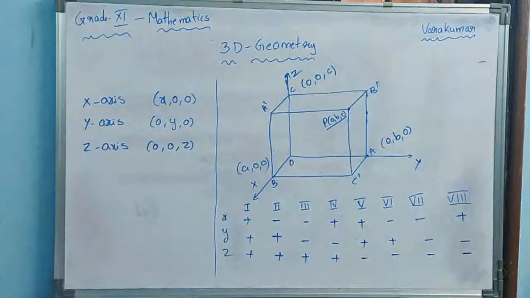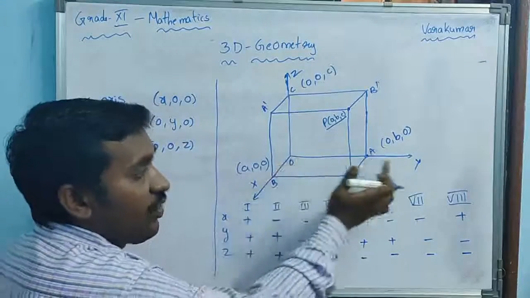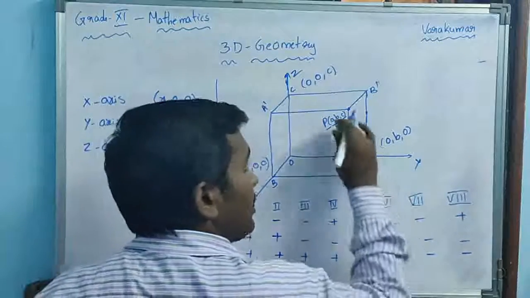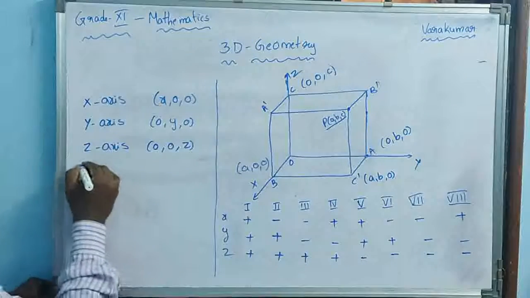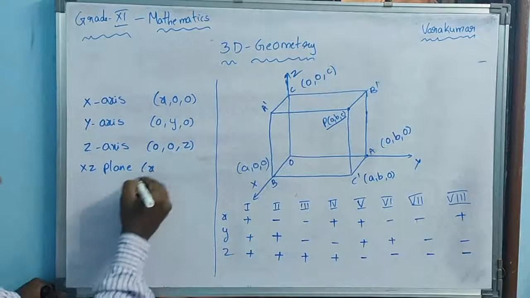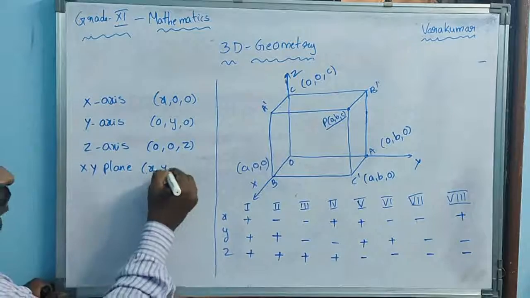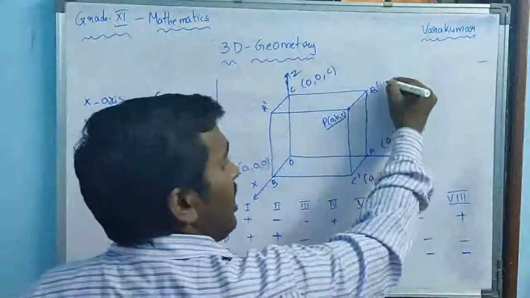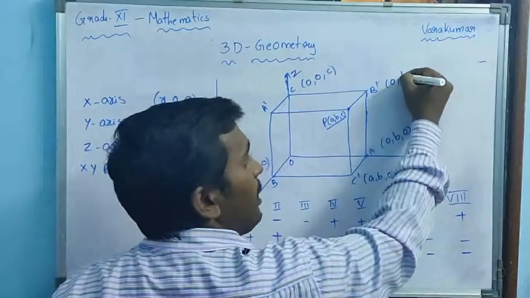Right? Now if you see C dash, where is C dash? C dash lies in the XOY plane. It means the XY plane, so Z will be 0. With respect to this point, we can write (A, B, 0). What do you write for the XY plane? (x, y, 0). Now it lies in the YZ plane, so the X value is 0. So point A dash will be (0, B, C).